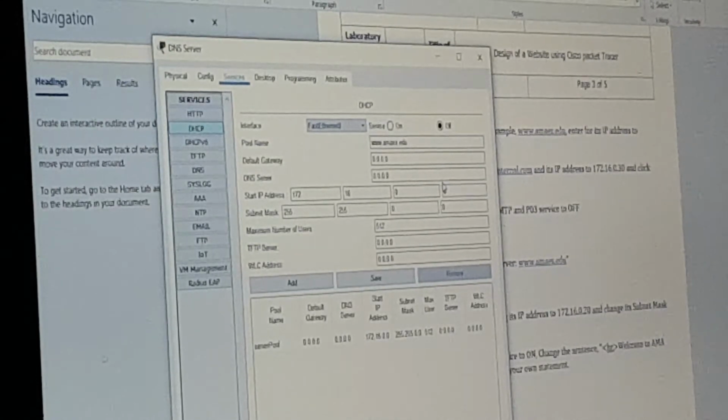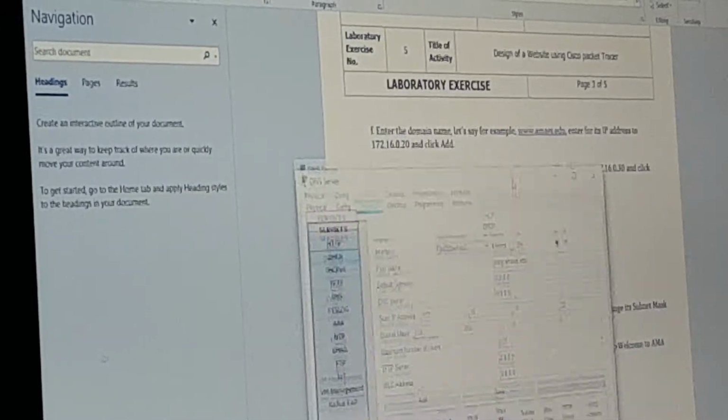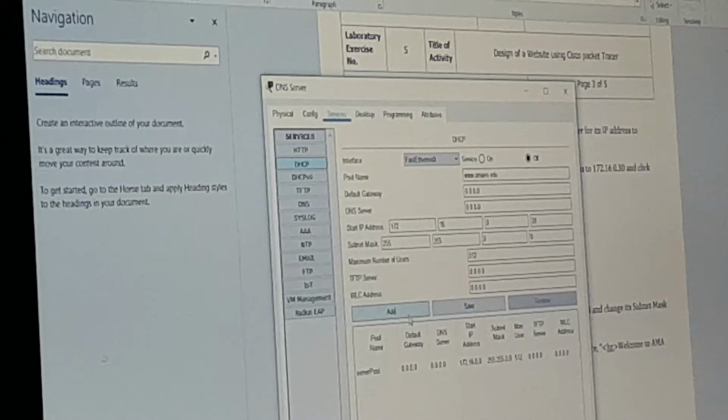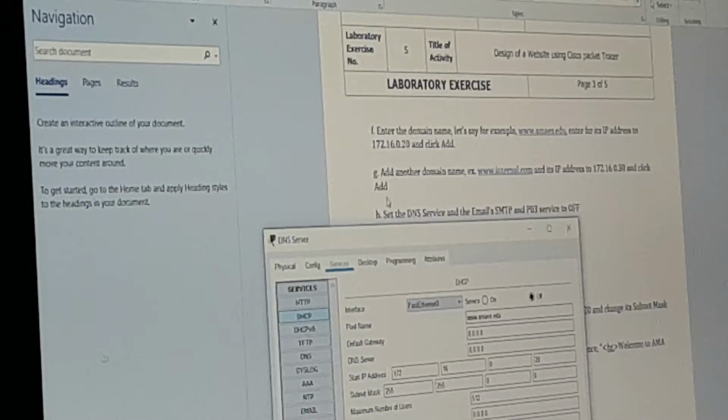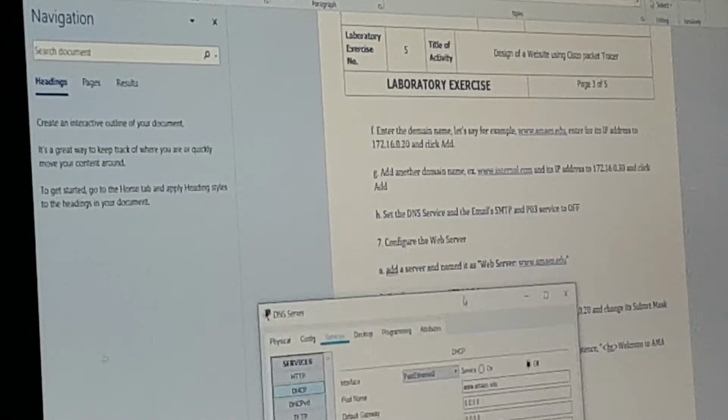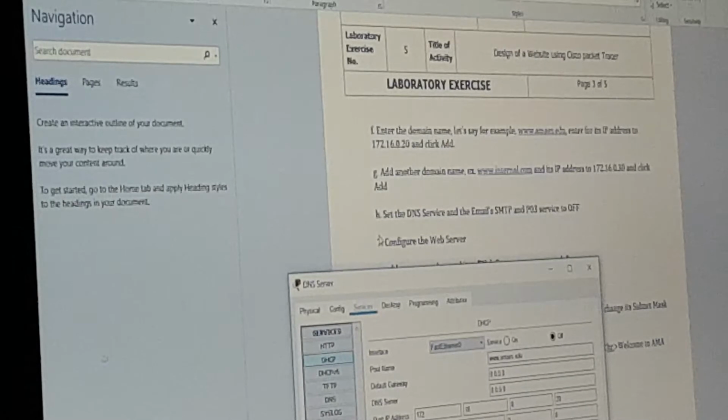So just put the 20 here. Okay, and click add. You can add. This is the one.